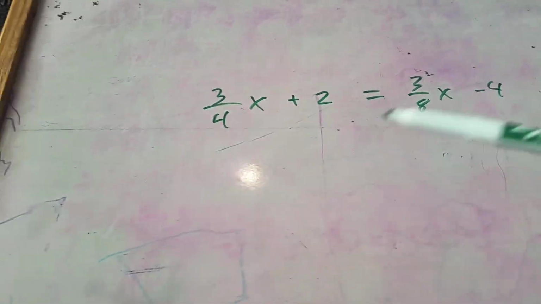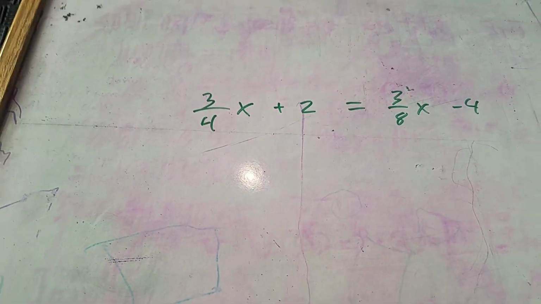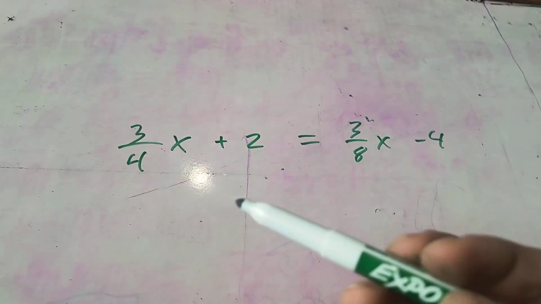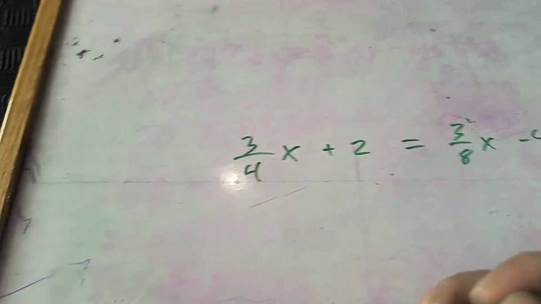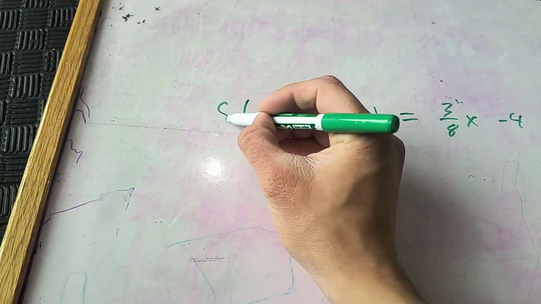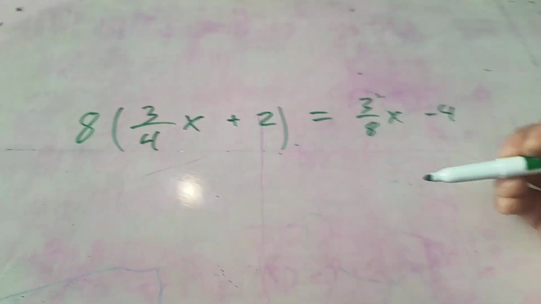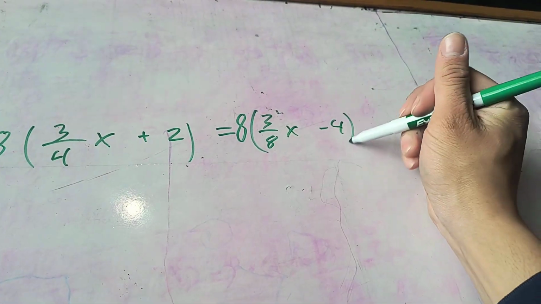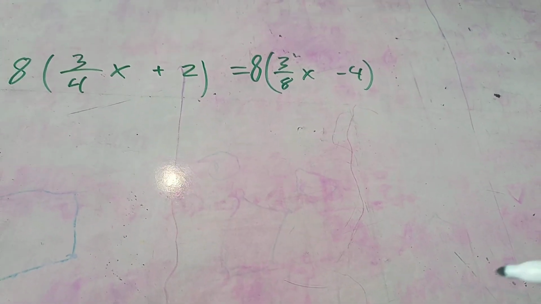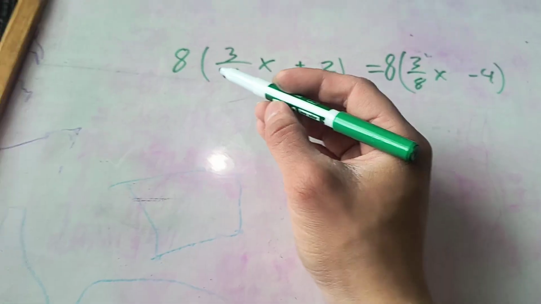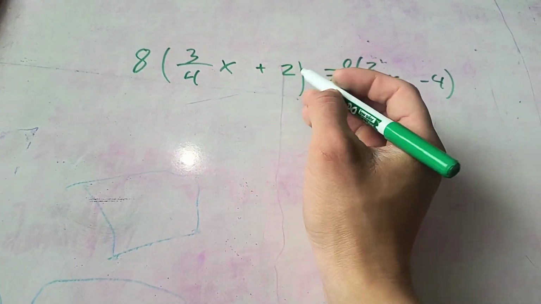So what we're going to do is turn these fractions into whole numbers. We're going to multiply them by their lowest common multiple, which is 8 for both. The lowest common multiple for 8 and 4 is 8. I'm going to multiply both sides by 8. If we multiply both sides by 8, we have to multiply each term